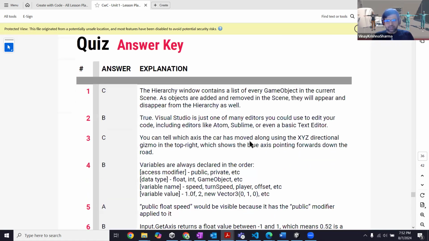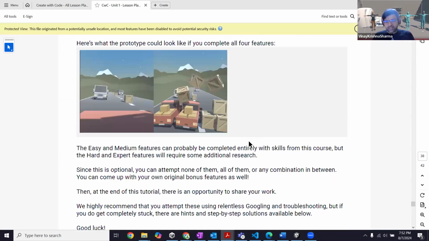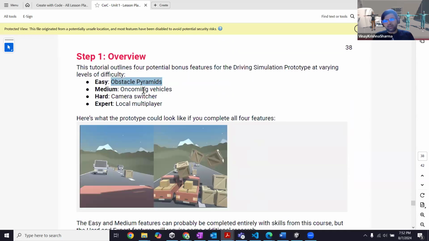So well done with the quiz, and you have a bonus feature, basically one more assignment for you where you have to create an obstacle pyramid. Then you have to create an oncoming vehicle. So basically, instead of just obstacles, you should have vehicles coming to you, and you should have this camera switcher thing, right? So you have to place two cameras and you have to switch between them, just like an actual